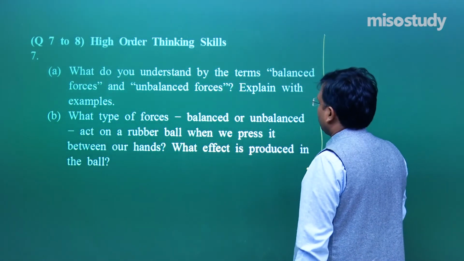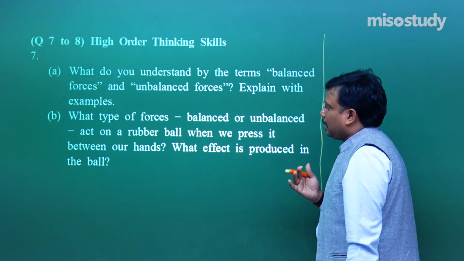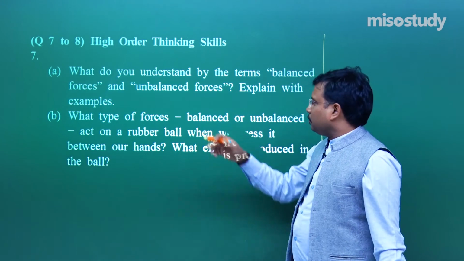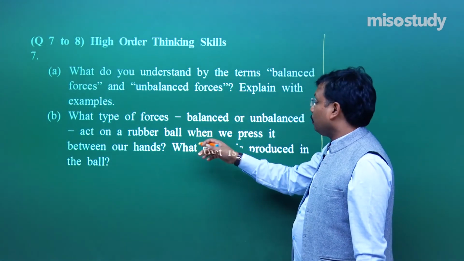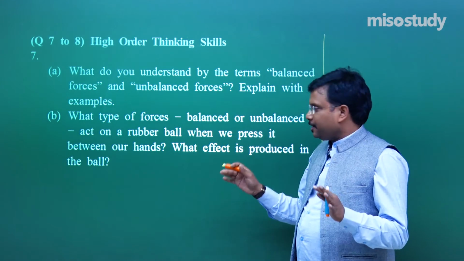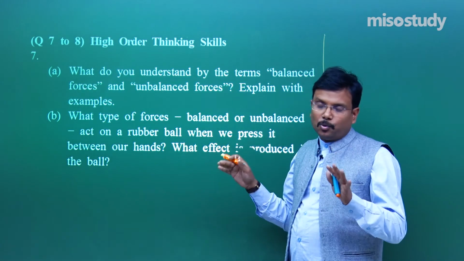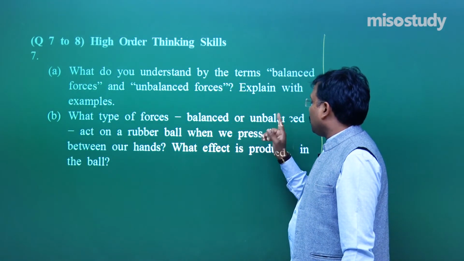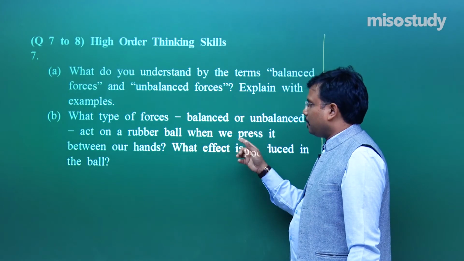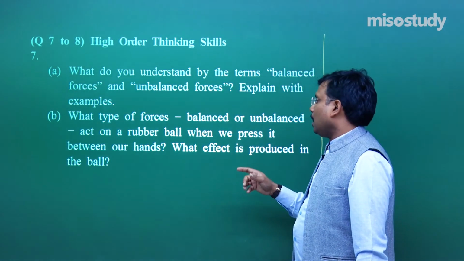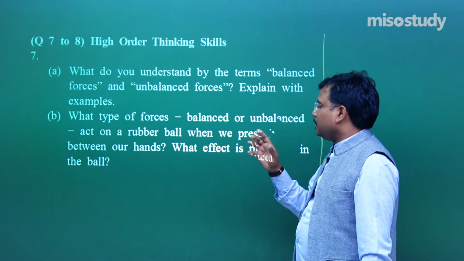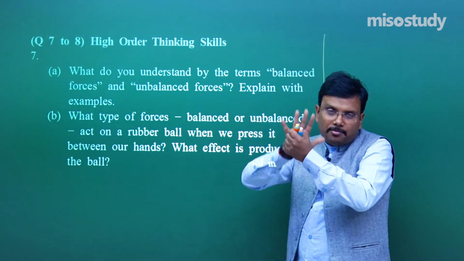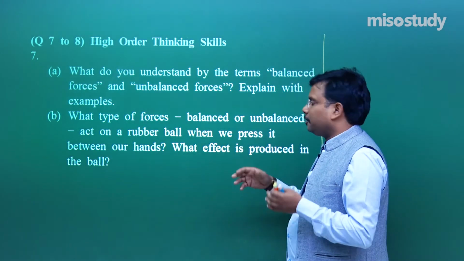Okay. Now, balanced and unbalanced terms are so simple that you can visualize them by yourself. So, I am not providing the answer, but if you come over here, you will say yes, balanced and unbalanced forces are both important here also. Due to unbalanced forces, these problems are occurring. Fine. Now, act on a rubber ball when we press it. Initially the rubber ball will try to remove the pressure exerted by me, and after some time it may attain that shape.